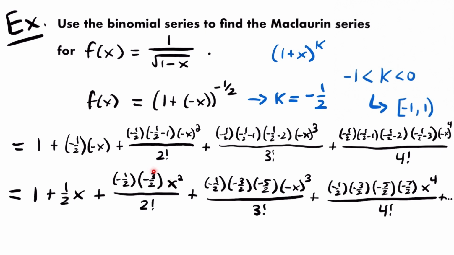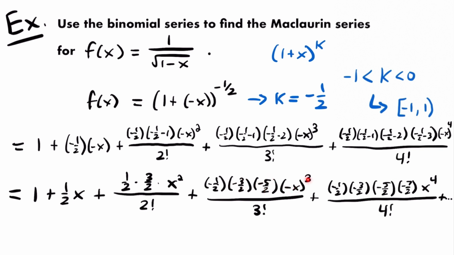Okay, so in this term right here, we have negative 1/2 and negative 3/2. Those two negatives will cancel each other out, and so this whole term is going to be positive. So we could just rewrite this to be 1/2 times 3/2. We don't need those negative signs, so I'm going to rewrite this here, and we will have 1/2 times 3/2 times x squared. And then for our next term here, we have negative 1/2 times negative 3/2 times negative 5/2